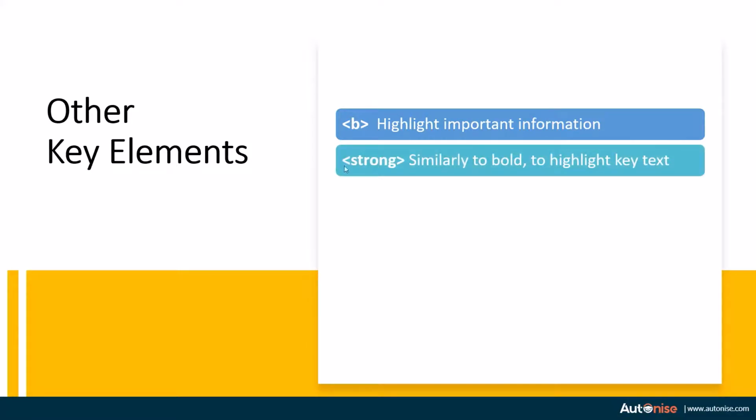Next, there is the strong tag. It is very similar to bold and is used to highlight key text. The only major importance is that a browser can decide, let's say in the future, to distinguish between B and strong. And a strong might mean that you want the user to hear an audio when you click on the